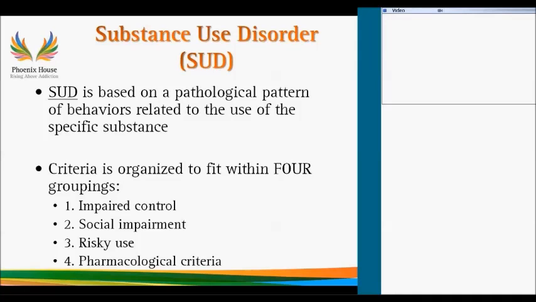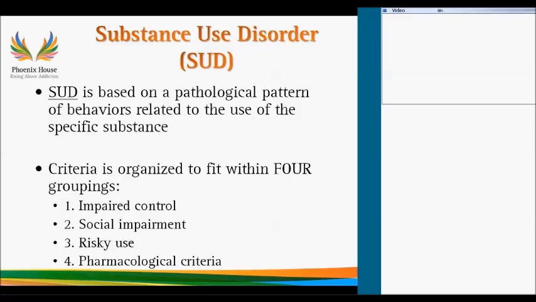For substance use disorder, there has to be, as you know, a pathological pattern that is related to the use of a specific substance. So the idea here is that people will abuse substances. Not everybody would meet criteria for abuse or certainly dependency just based on an incident, for example, that was not typically viewed as a pattern. So the idea is that we're diagnosing people that have already shown this pattern. The other piece that I want to remind you is that the criteria of the past 12 months is still in place. So that is something that is still included.